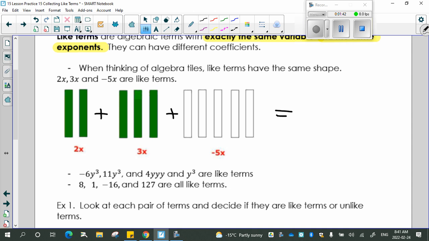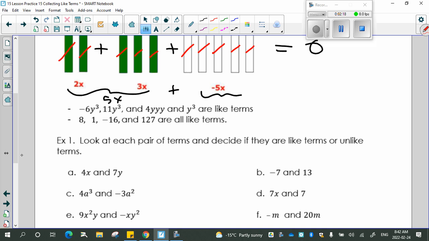Molly? It would be 0. Why? Okay, so this is 5x, and we're adding negative 5x, which gives us 0. Or you can think of zero pairs here, so that a positive x and a negative x is a zero pair. Cross them off, another zero pair, another zero pair, and another zero pair. They're all paired up, I'm left with 0. Okay? Good? All right, so then they've got examples here, so negative 6y cubed, 11y cubed, 4 times y times